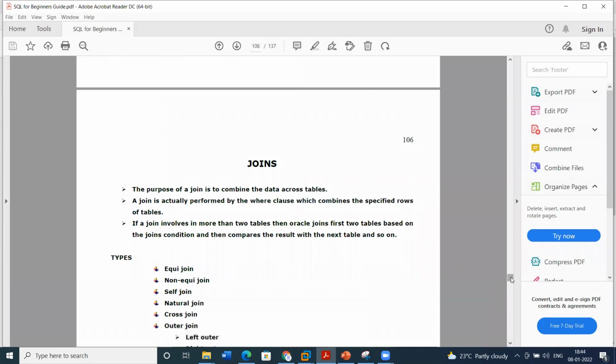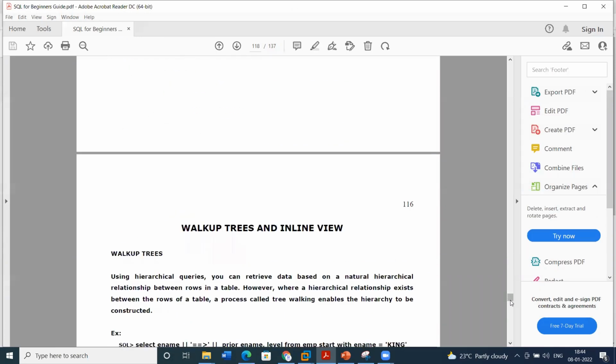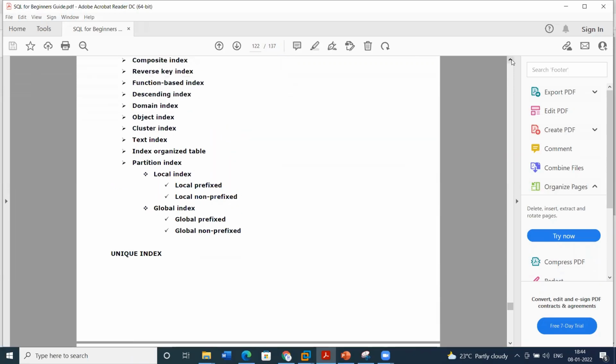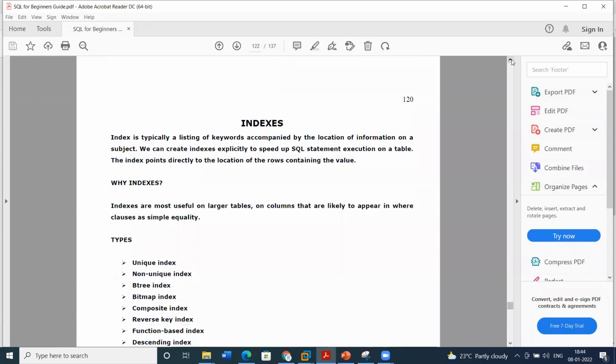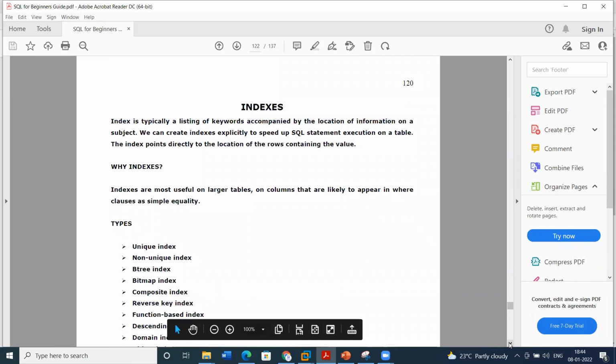Okay, so this is about sequences. Now let's move on to indexes. Indexes are on page number 120 in the SQL developer guide. So why do we use indexes? Indexes are created on database tables. Whenever you are fetching data, it is stored in a separate area from where we fetch that particular data to get the result in a speedier and faster way.